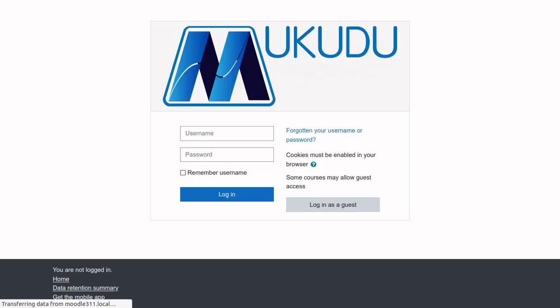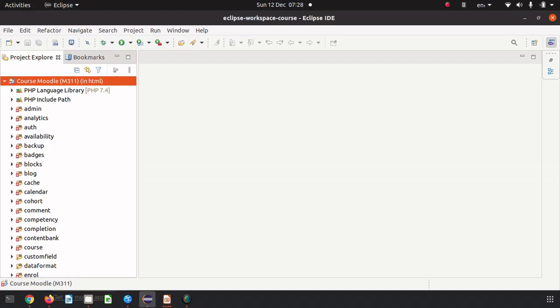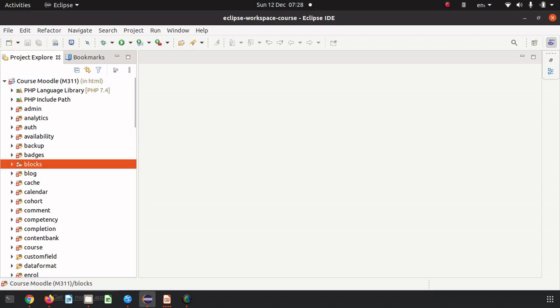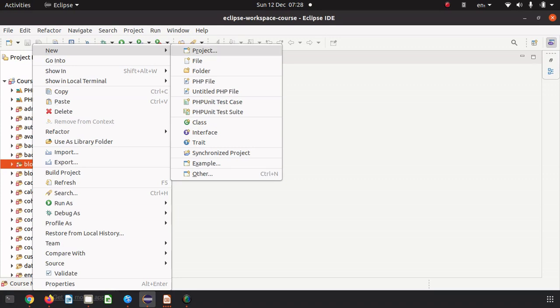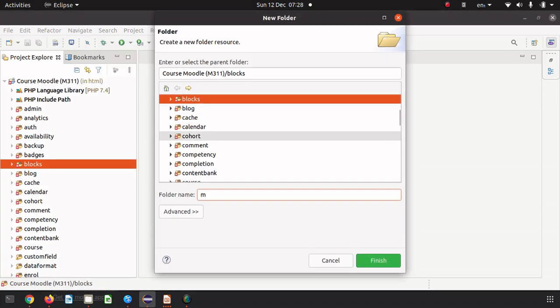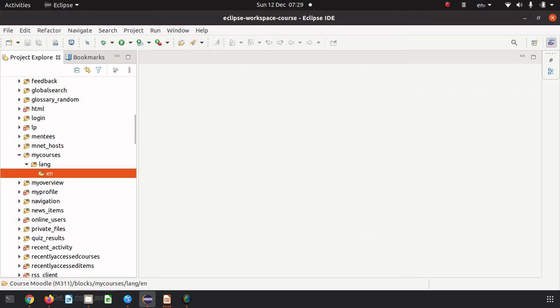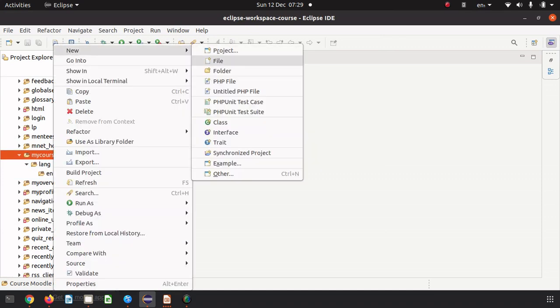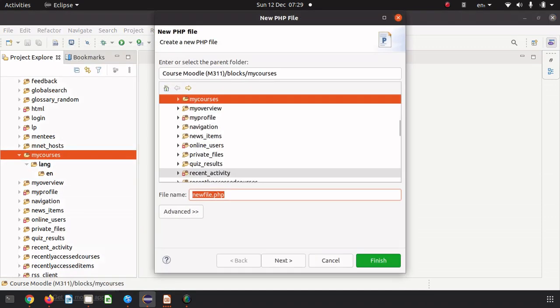So I'll log out. So we are going to develop a simple block called My Courses. So blocks live in the blocks directory, and I'll create a new folder called My Courses. And my IDE allows me to create multiple directories at the same time, so I'm going to include the language directory as well. So the first file, as usual, is our version PHP,